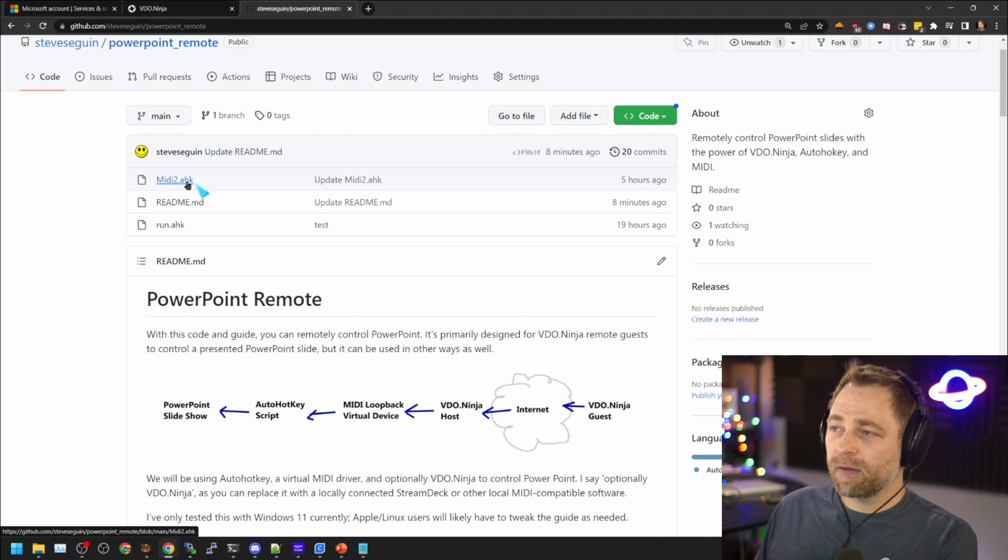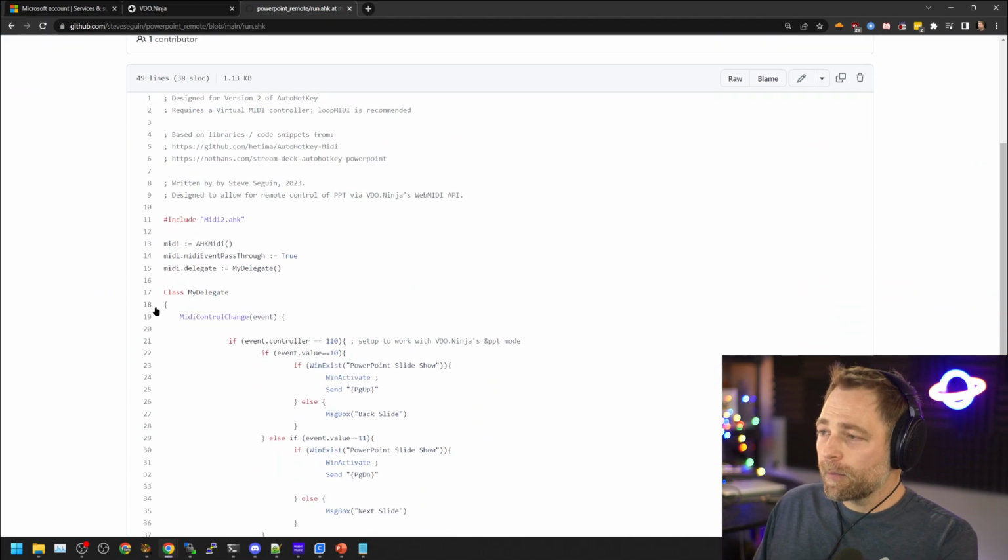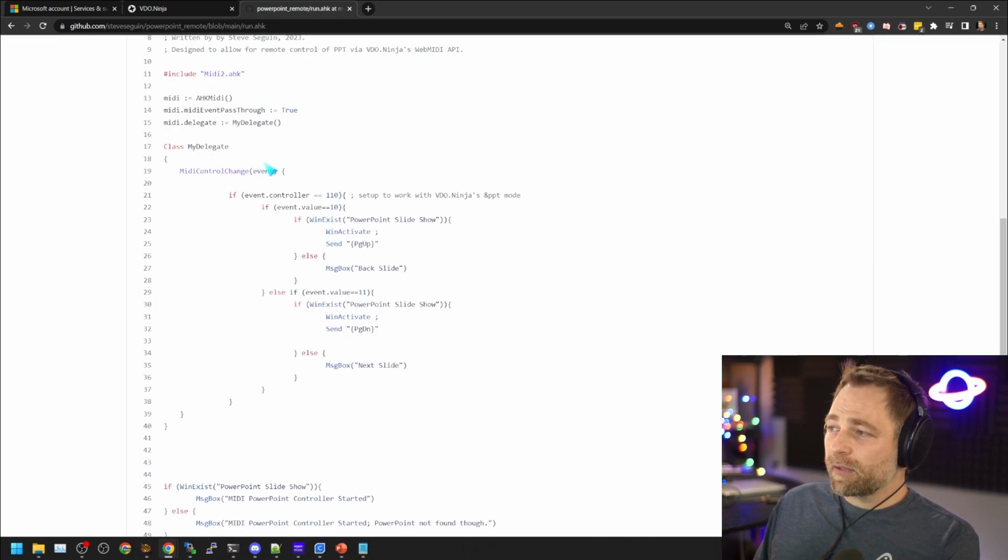There's two particular files. This is a library file for AutoHotkey that lets us listen to MIDI commands. And then we have our actual application. So in this application, essentially we're listening to the MIDI devices connected to our computer. When a certain MIDI signal comes in, either, let's say, value 10 or value 11 in this case, we check